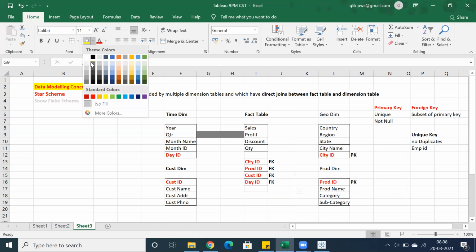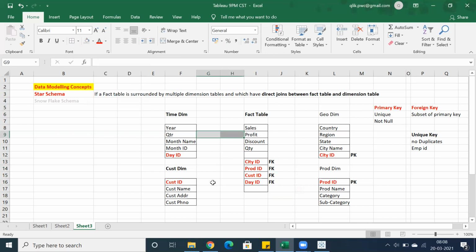Let me do this. So now you can just check the definition. Basically, if a fact table is directly related with a dimension table, a fact table must have a direct join with all the dimension tables.